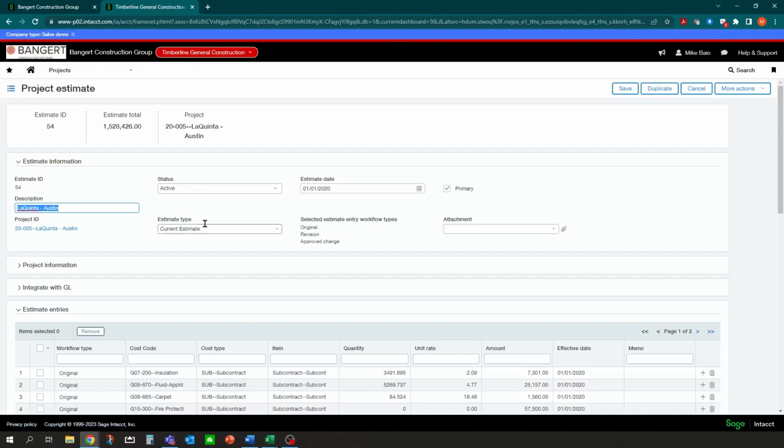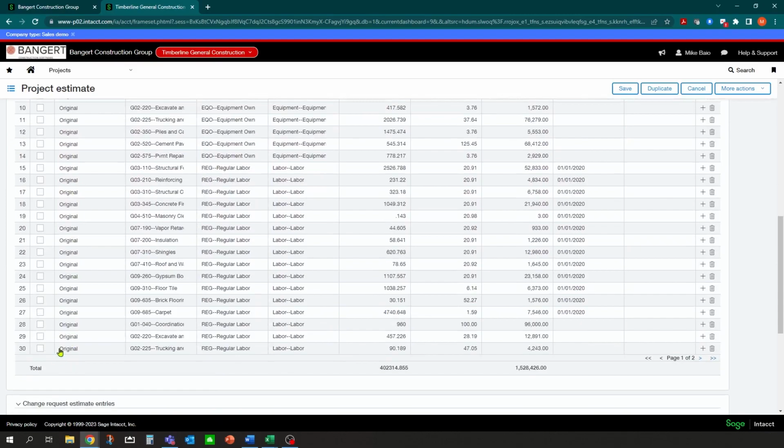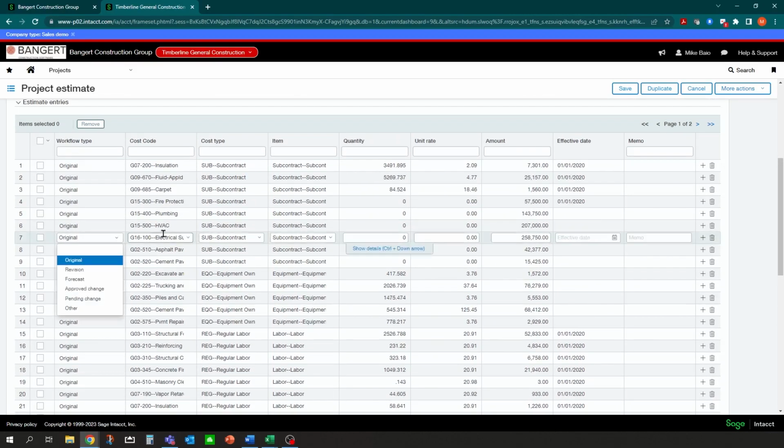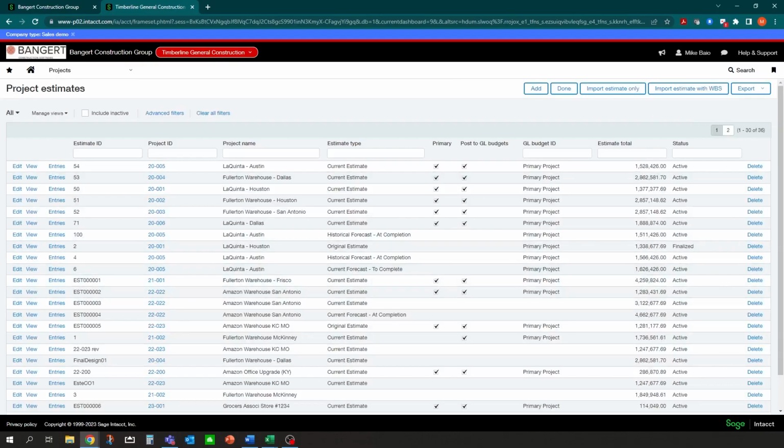If I wanted to put in a project budget, I could set up an actual budget name. It's my primary estimate. And down here at the bottom, I could key in my details of the project manually, line by line, individually key them in. Okay. What you can also do is you can import. So for today, I do have a spreadsheet. They're all based on templates.